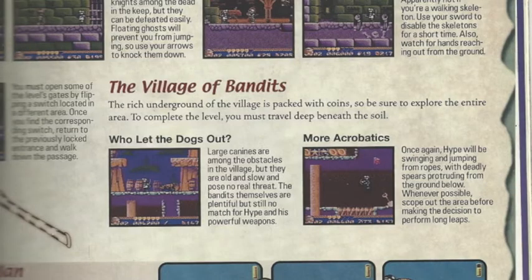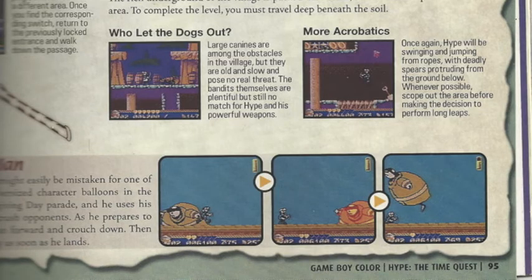And then the village of the bandits or the brigands or whatever you want to call them. And then the rich underground of the village is packed with coins. So yeah, this is the village of the bandits. There's a lot of coins in this level. You get dogs for the first time. And more acrobatics, which means jump around. Then you go on Zatila, and the